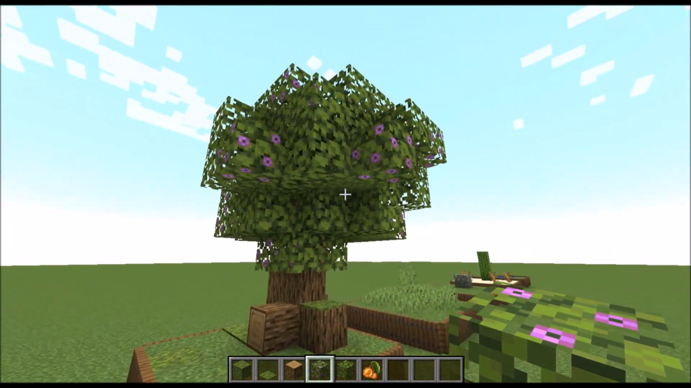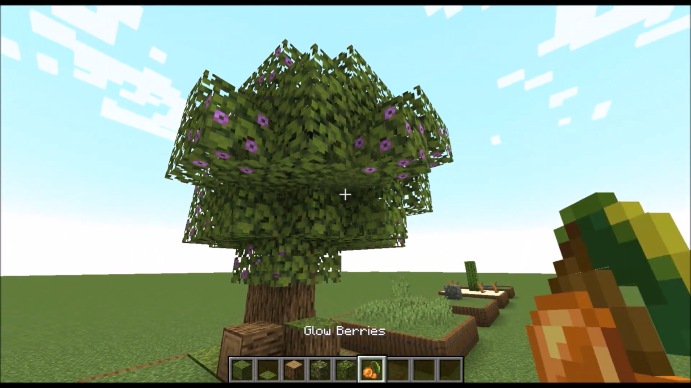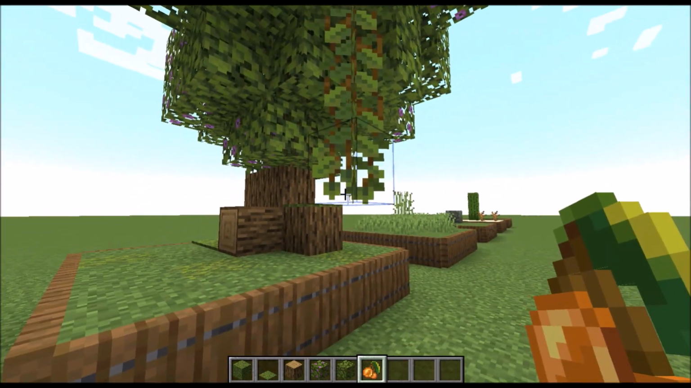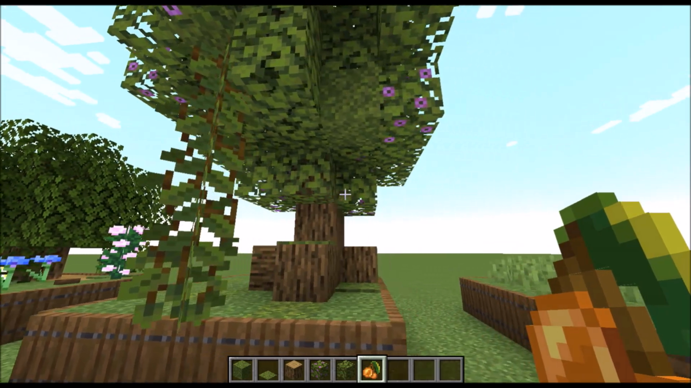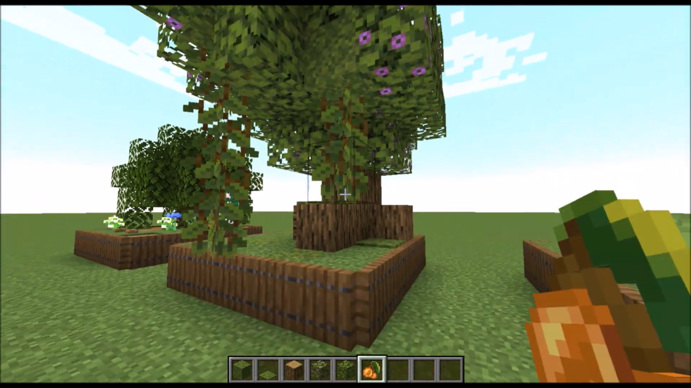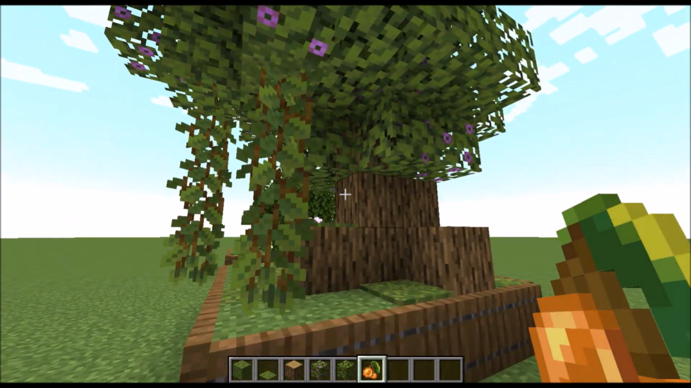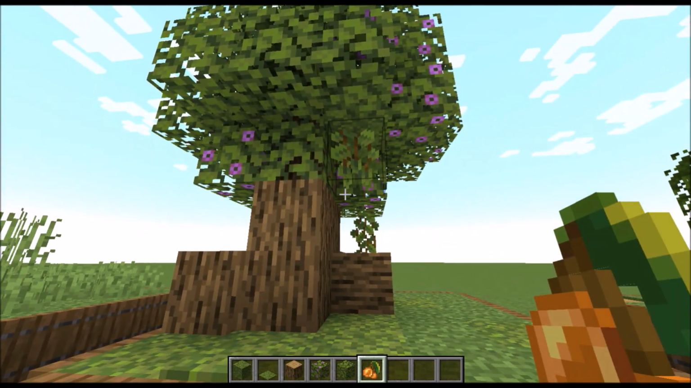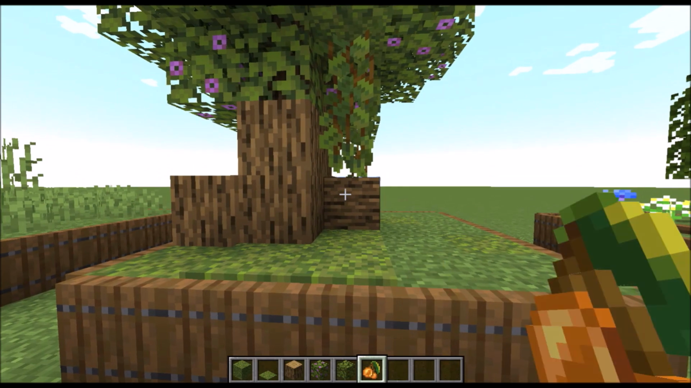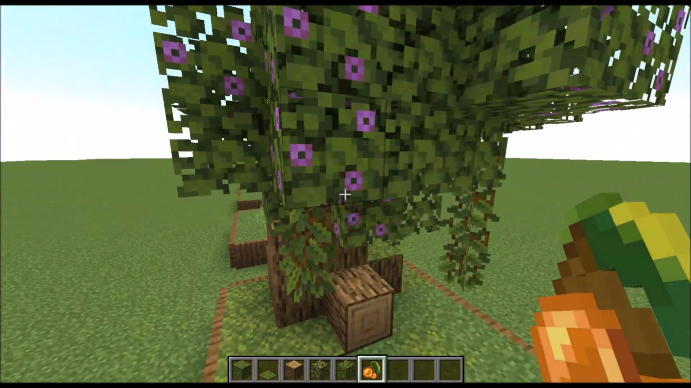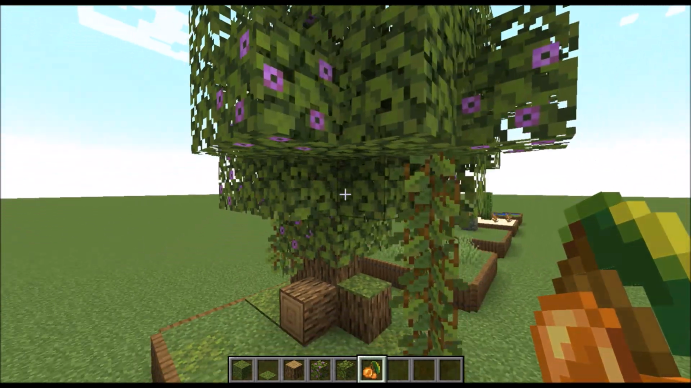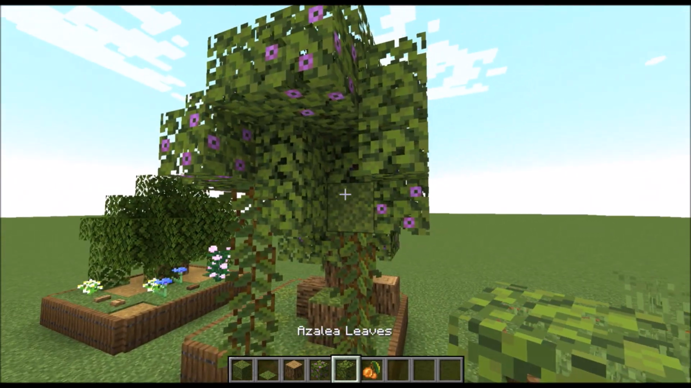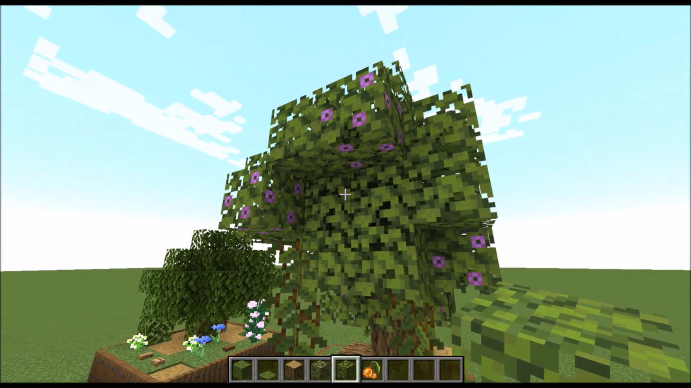So the next thing that I'm going to do is take my glowberries. I'm going to hang them down from there like that. And the reason we're doing this is that we're kind of making it look like something is growing off of this tree, and that this tree is just so much more interesting than what we had previously. So now there's a lot more going on with this tree. As a matter of fact, I think I want to just kind of hide that right there,